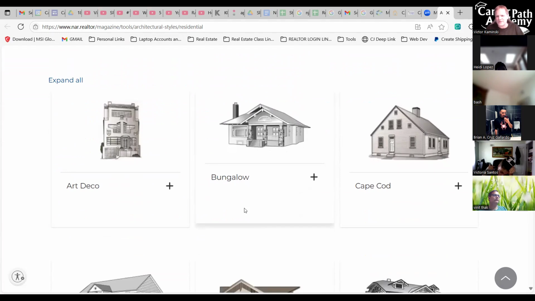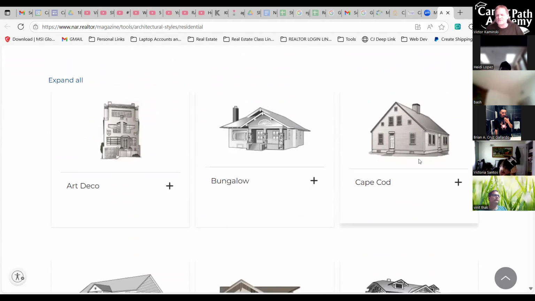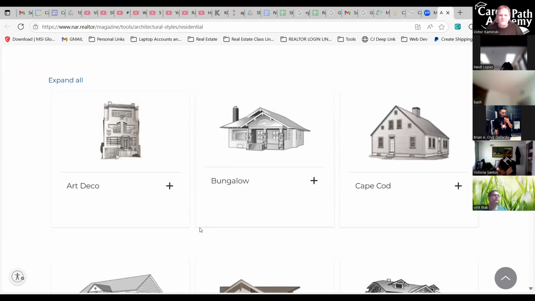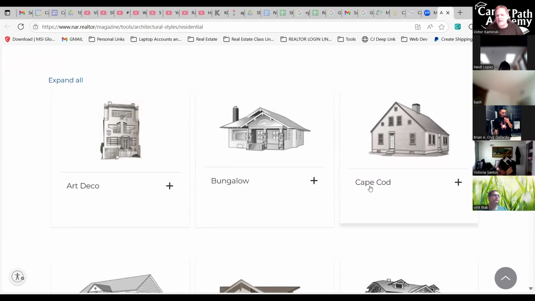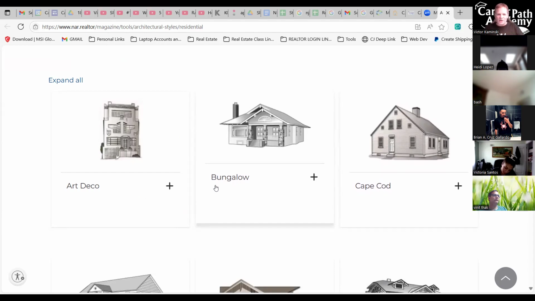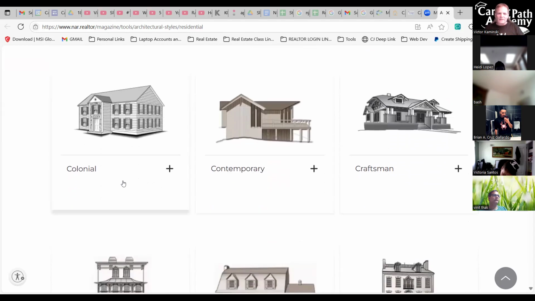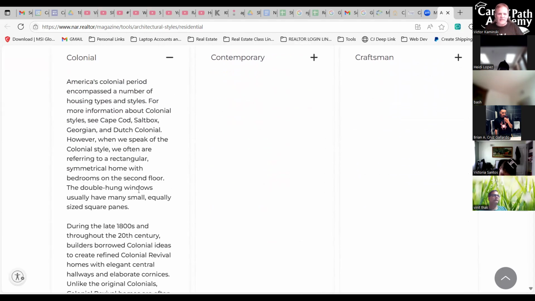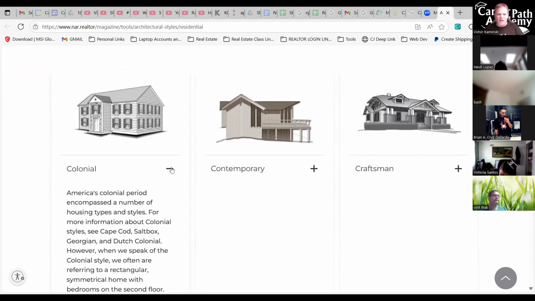These are some basics, but there's like several different types of Cape Cod style homes. I live in a Cape Cod style house. My house doesn't look like this. My house actually has the roof leaning forward, and then there's an attached garage to it. So there are different subclasses. There's small, medium, and large Cape Cod homes with different styles of Cape Cods itself. Bungalows, Art Deco. Like you could click on these and get a brief explanation about the architectural style.